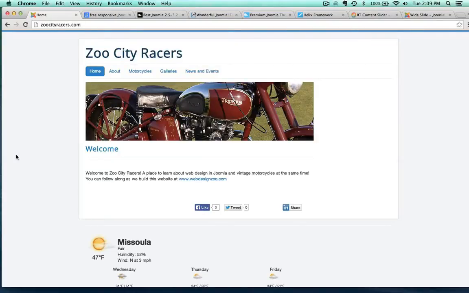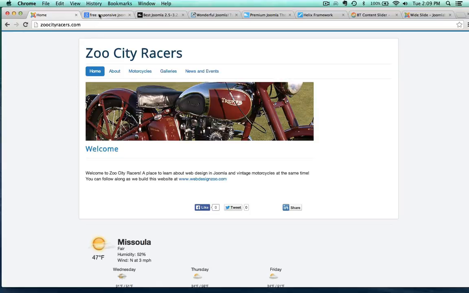Okay, welcome back everyone. Now we're going to dive into using Joomla templates. So we have all our content here, and if you recall, we had various categories and various articles, and the bikes are all being represented in category blogs. Now what I want to do is change the look and feel of this site and keep all the content